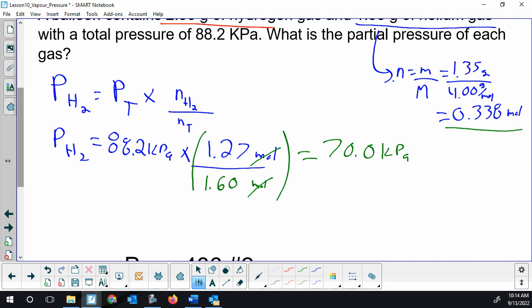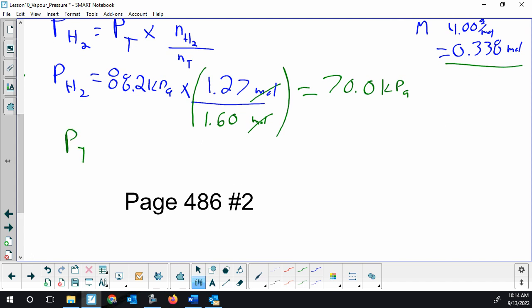So instead of running partial pressure of helium, 88.2 times the molar ratio of helium, what are we missing? 70, we need another 18.2 kilopascals to get up to the blue number. Pressure total, if I just use Dalton's law, it's the fastest way. Pressure of hydrogen,